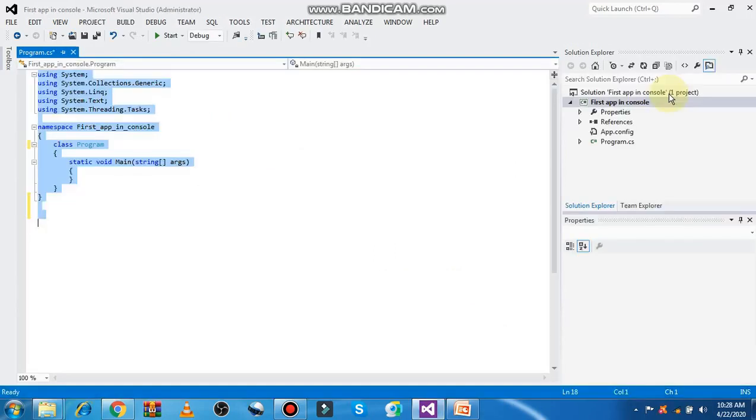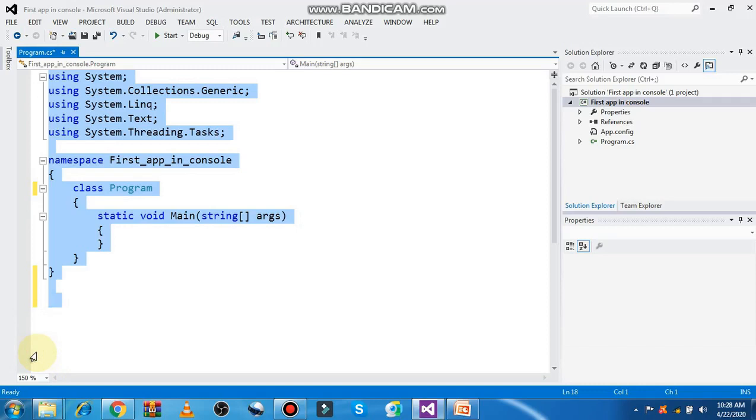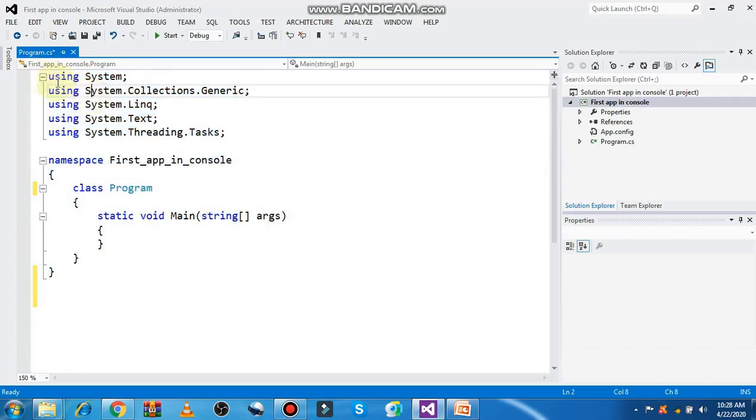So this is the first look of the C# editor where we will be writing our code. Let me first zoom in on the editor. Now you can see this is the structure of C# where you will see first the header files, then the namespace, which is the keyword, and after the namespace, this is the name of the namespace, which means the name of your project folder.